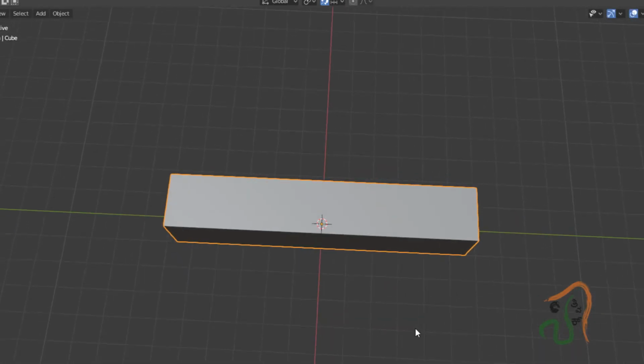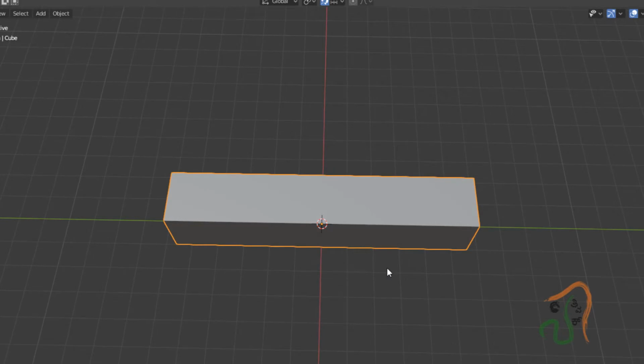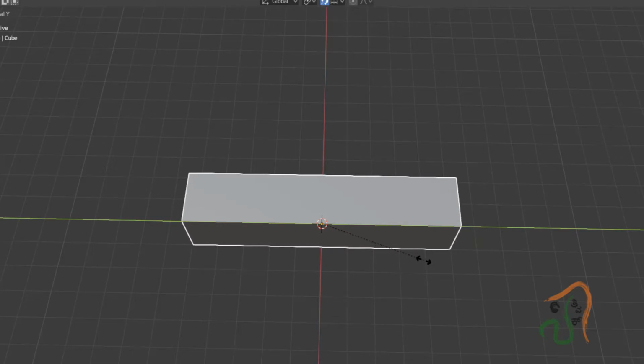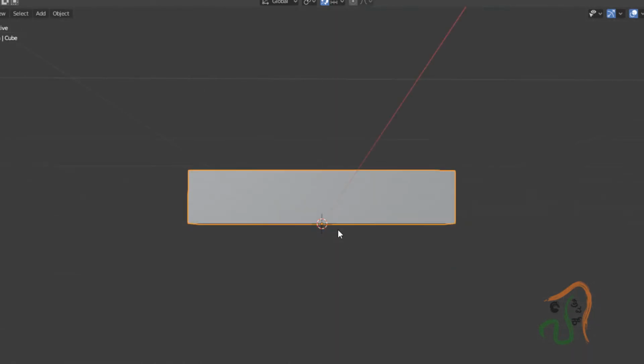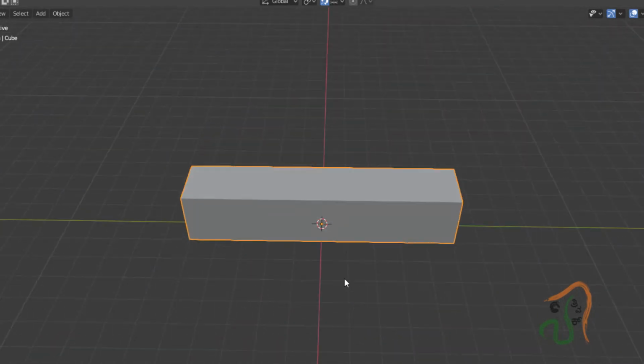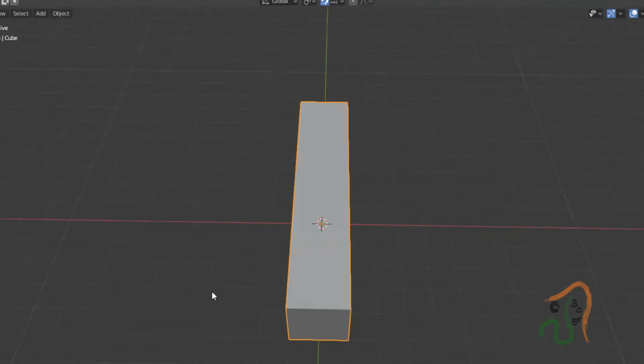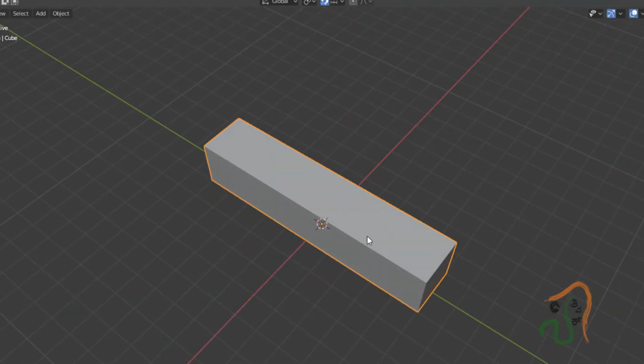Okay, so see it here. 1 2 3 4 5. Press S again, and along the Y axis press Shift Tab to snap it. Okay, this much. So 5 units here, 5 units here. We have scaled it, and after scaling it, the next thing we are now going to do is like what we did previous time.